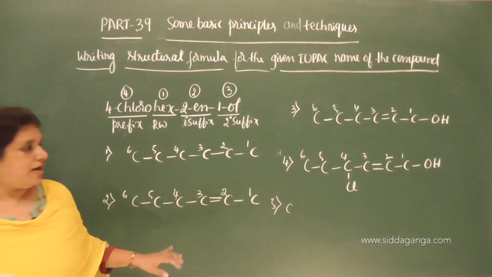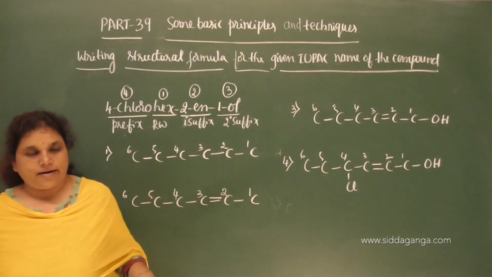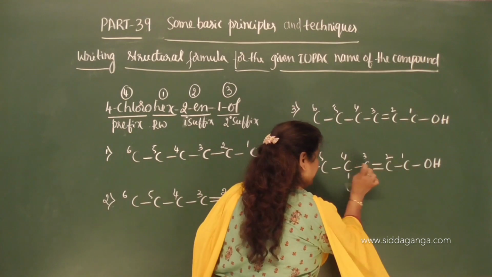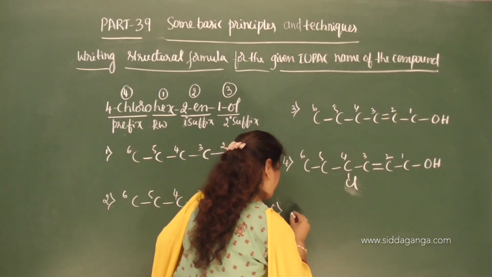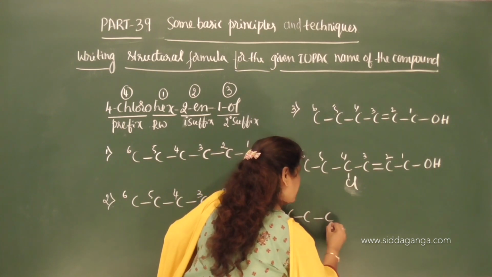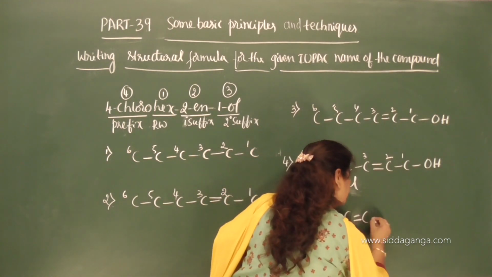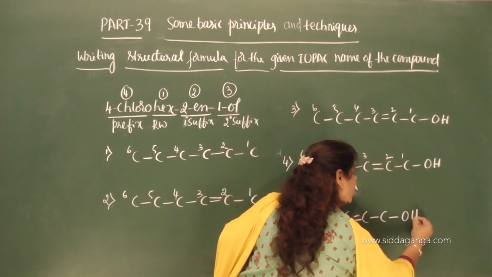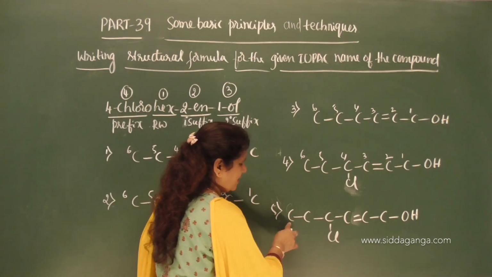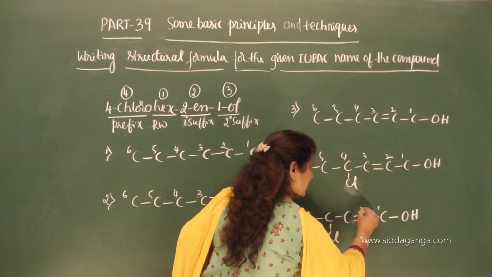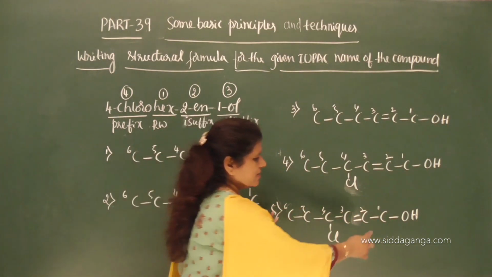So we have 6 carbon atoms in a chain, correct? So I will rewrite the carbon skeleton. Here is Cl, correct? And in the fifth step, Cl and double bond COH, correct? This is the given compound now. And look at this carbon. This is first carbon, second carbon, third, fourth, fifth and sixth. Okay. Now, this is the carbon.